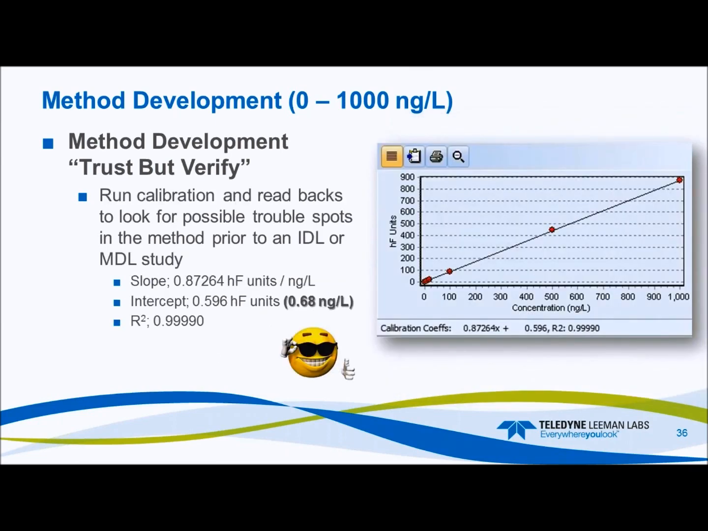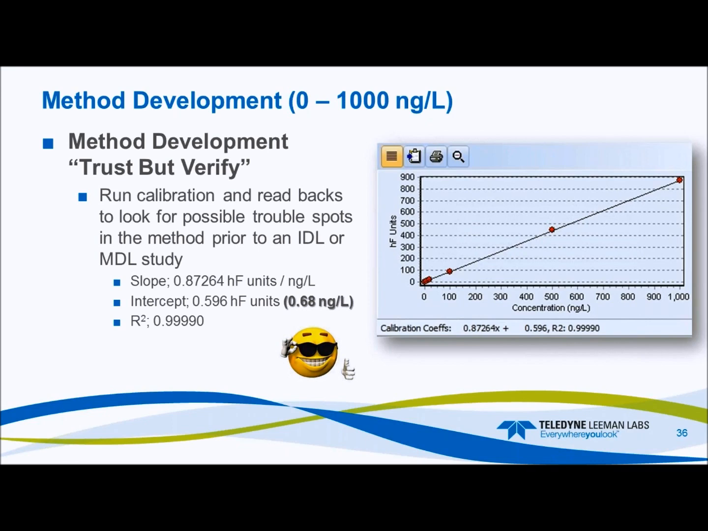So I'm going to run my calibration, and then I'm going to look for trouble spots during this calibration. It turned out that I achieved 4 nines and a 0, which is relatively good. The slope is 0.87, 264 HF units per PPT, or nanogram per liter. My intercept, you can zoom in on these too, so you can also get a closer view of the